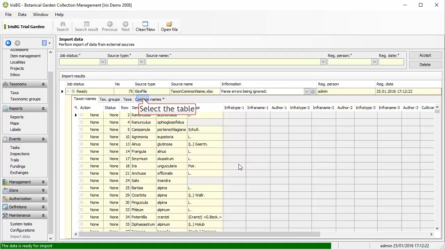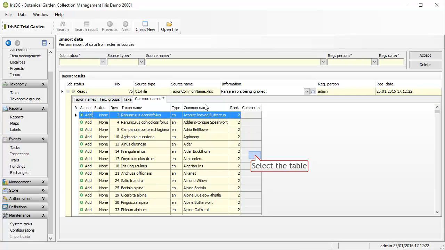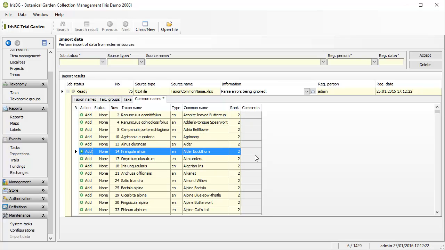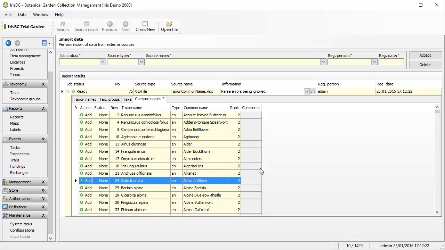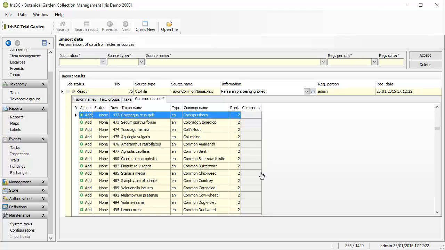Yeah, and here you see now that we got a list of common names, and then I can check all that. So these are down here. You can see that's 1,429 names. So if I accept that now, it will be added to my data, and then I can go through them in the taxa screen to make sure that the ranking is correct. So that's one feature I wanted to show you today. And then the second one